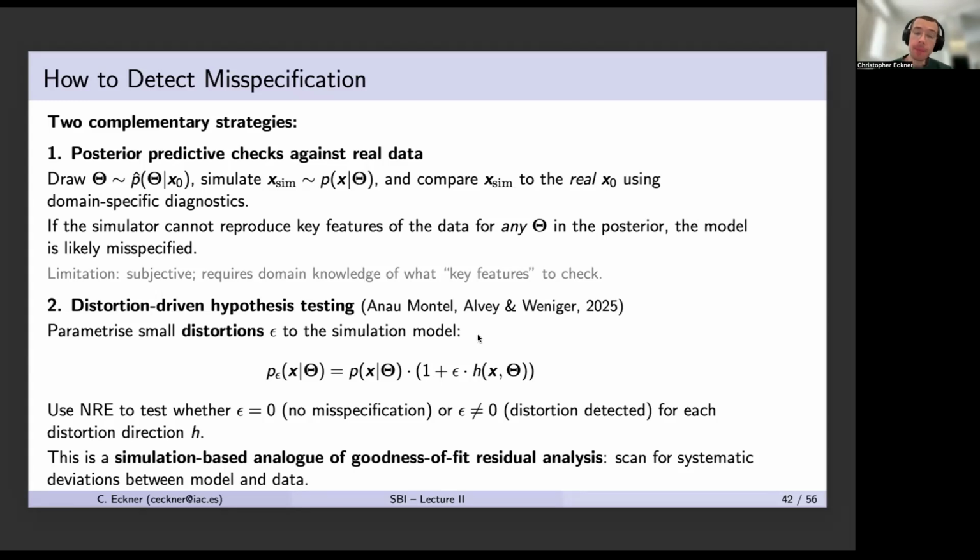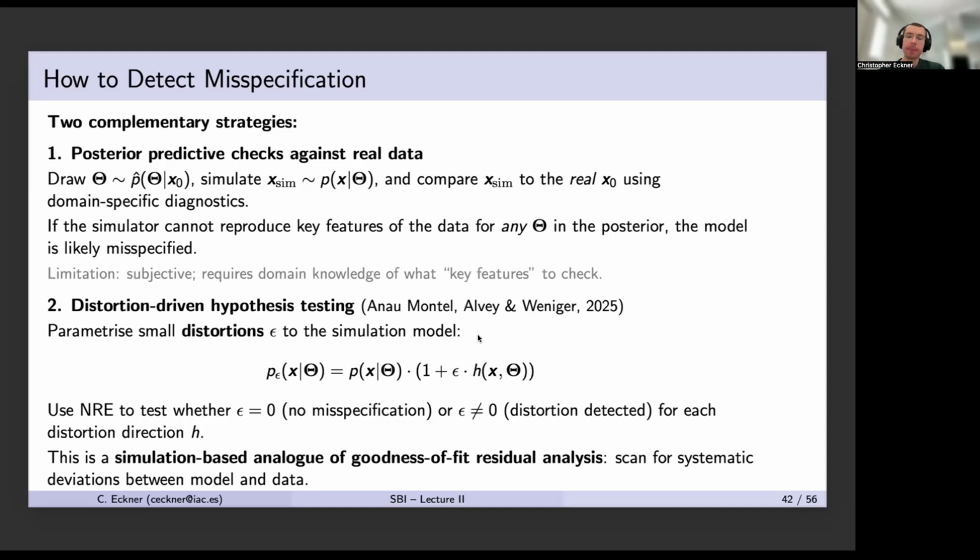It's also interesting for these predictive checks to look at the specific features that you would expect in your real model to appear, and whether they can actually be reproduced from the posterior that you obtain. However, this is always a bit subjective and requires some domain knowledge to pin down and know what you're looking for,